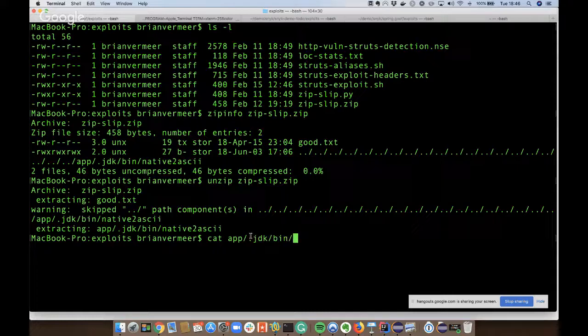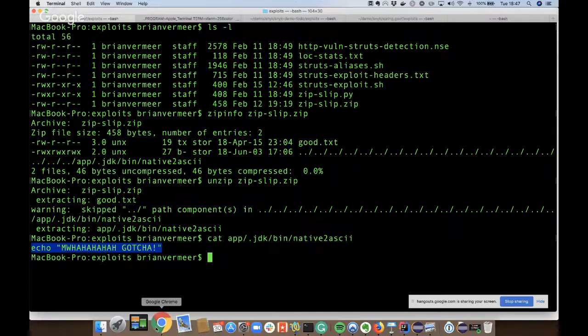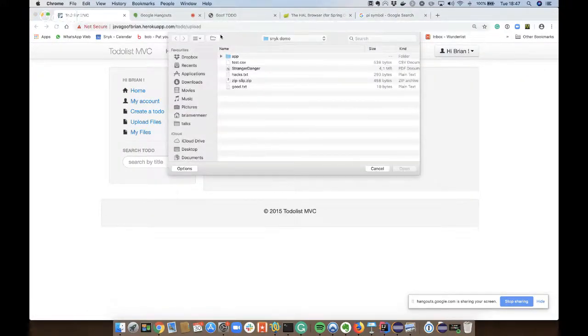App JDK bin native to ASCII. And I just override, I have this function, and I just echoed "muhaha gotcha". Nothing more. It's none of importance, but let me override this one on this Heroku app I have here. So by going here and choosing the file,